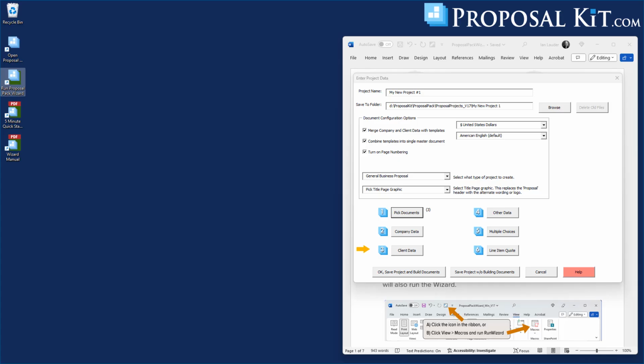In this video, we're going to describe how the line item database backup and recovery system works. There's a couple places where the wizard will automatically make a backup copy of your entire line item database definition file, to ensure that if anything goes wrong or unexpected, you can easily revert back to your previous